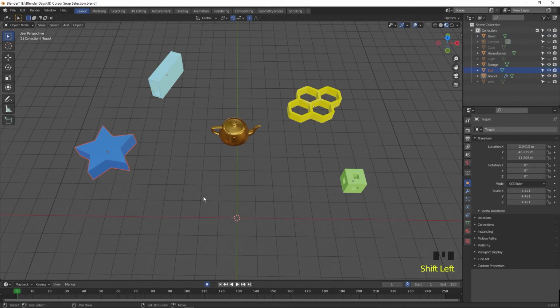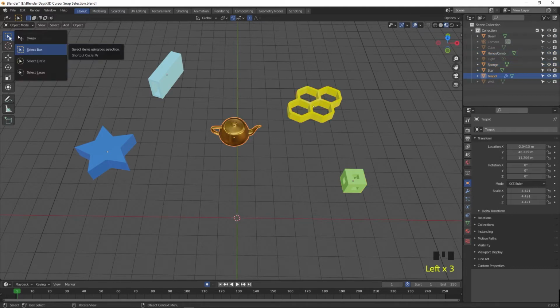Hold Shift, then click and drag on Star. Still holding Shift, just click on the object one by one to add to selection, or click and drag to select Star and Beam, then add to Teapot. Click and drag on 3 objects at right side to select all 3 at once.